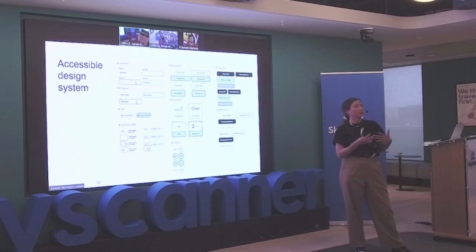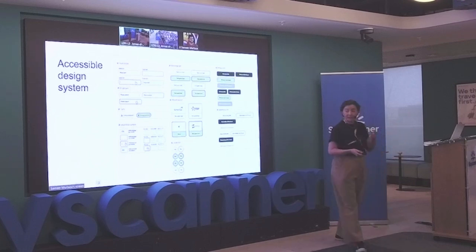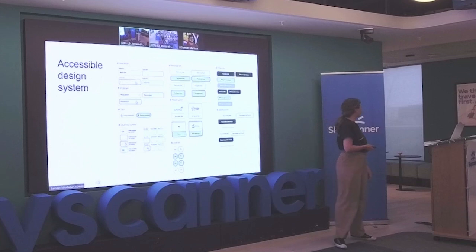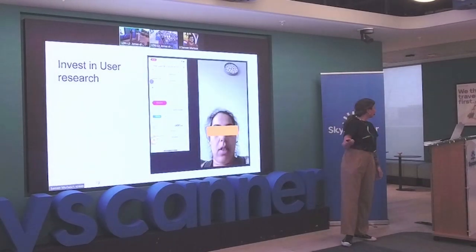So we're not thinking of accessibility as something that we add on. It is how we design. It's not an option. It has to be accessible. And here again, compliance and the regulator help. I don't have to sell this anymore at all. And another benefit,